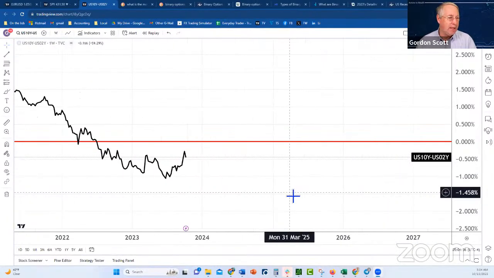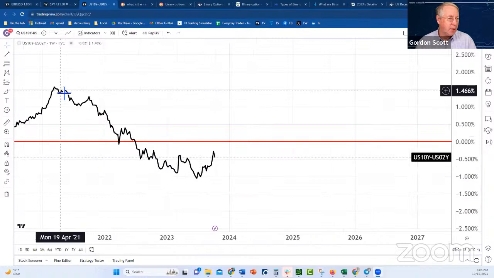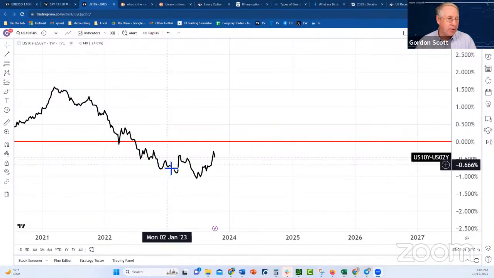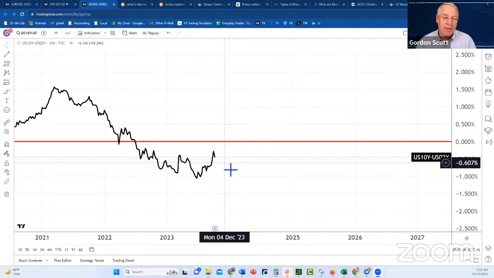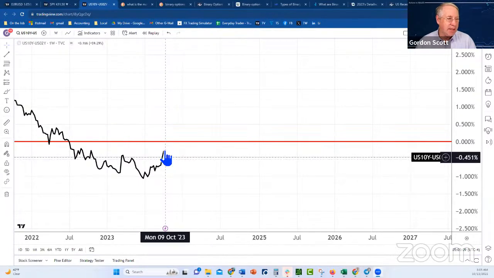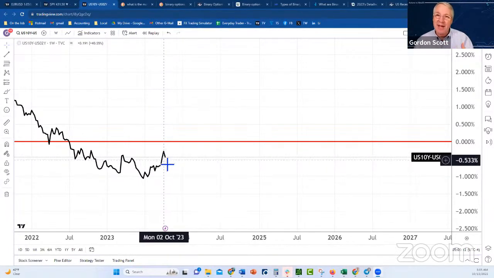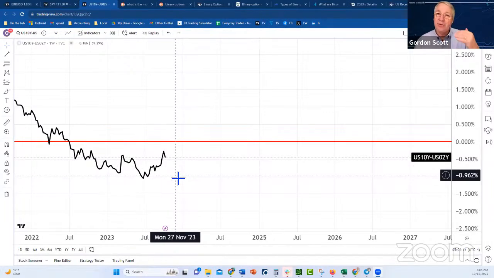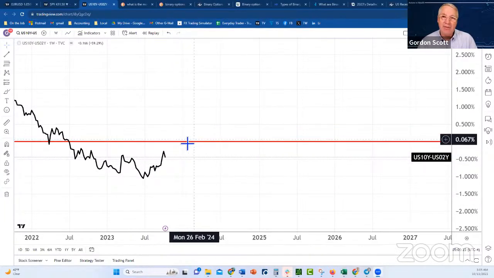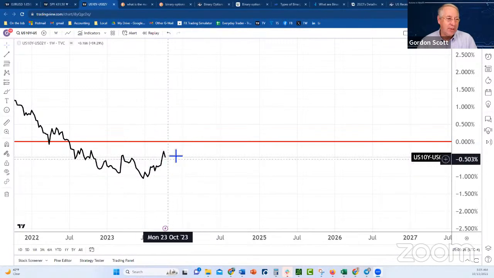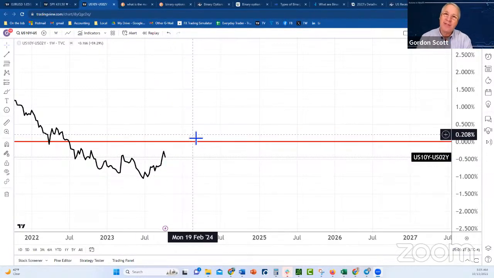Now, if you zoom way in, notice this. This line made a very downward trend until just recently, when it's kind of broken that trend. However, just the past week, we've seen this line dip down. In other words, the 2-year yields have started to increase relative to the 10-year. And what that means is that we're not heading up to get out of this line, and we kind of have to get out of this line for the recessionary periods to start, or that's what people tend to say,